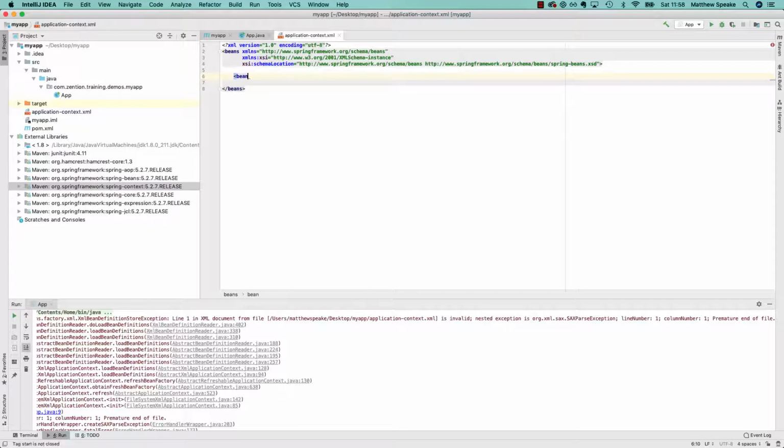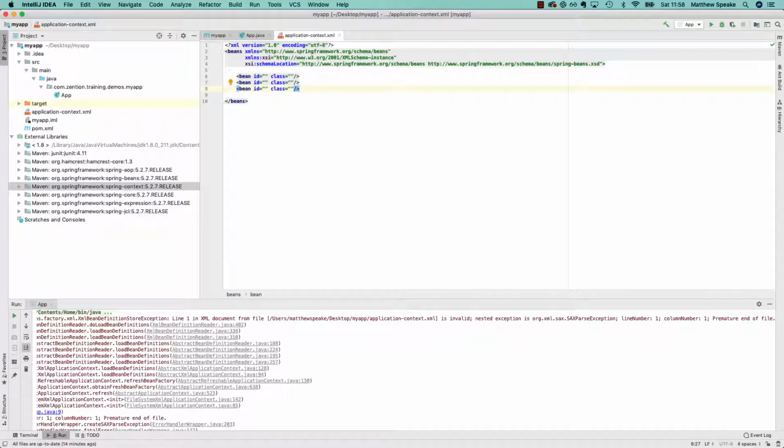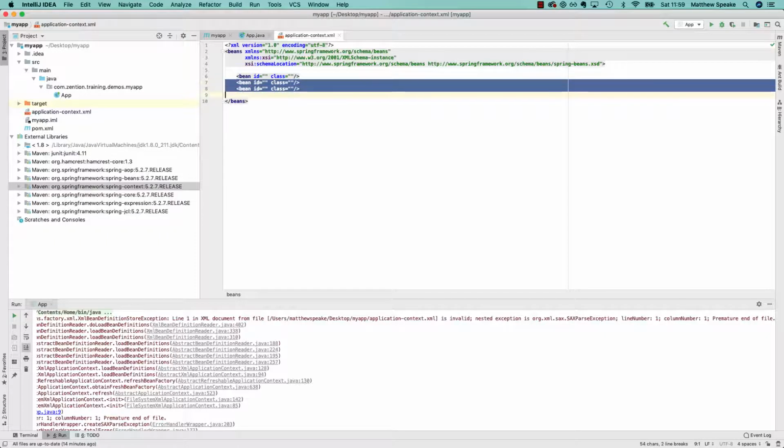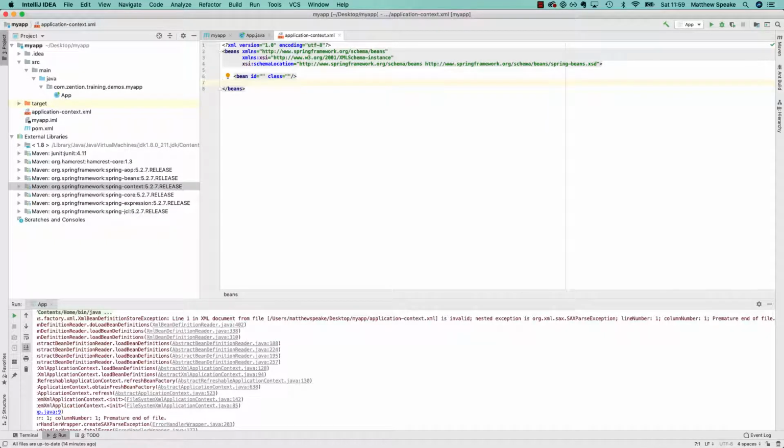So I'll put that in here, and we need to give it an ID, and we need to give it a class as well. We'll fill those out in a second, but basically, by the way, this Spring configuration file is sometimes known as a wiring file. These files typically would have different beans declared in them, and beans could have references to other beans which are so-called dependency injected into them as well. So we'll see that later on, but for now let's just get rid of that, and let's create an actual